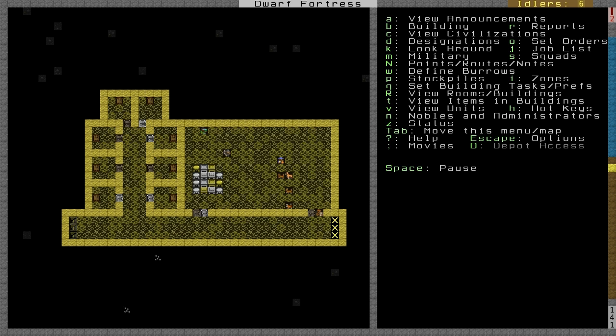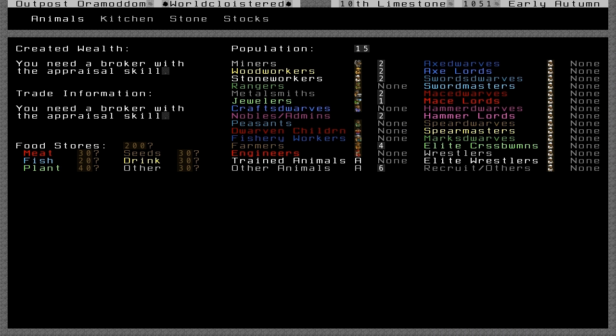Now, nobles are special dwarfs that kind of administer your fortress. There's multiple noble positions, and they can be a pain in the ass when they have mandates and demand special rooms, but they also provide some key features in the fortress. So if we hit Z, we'll see we have these warning messages that say you need a